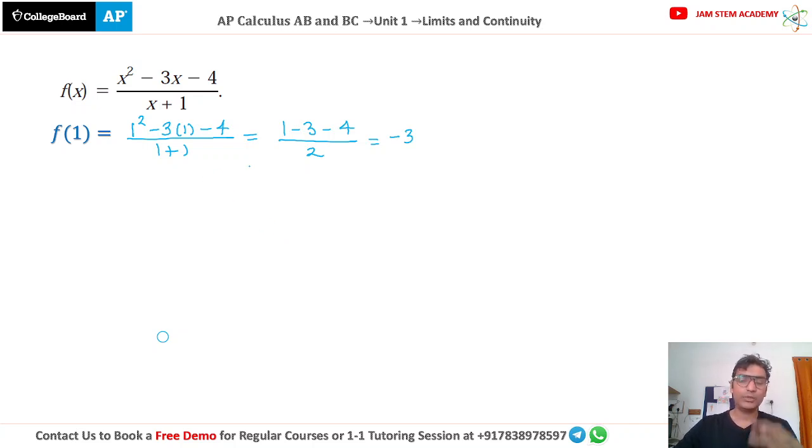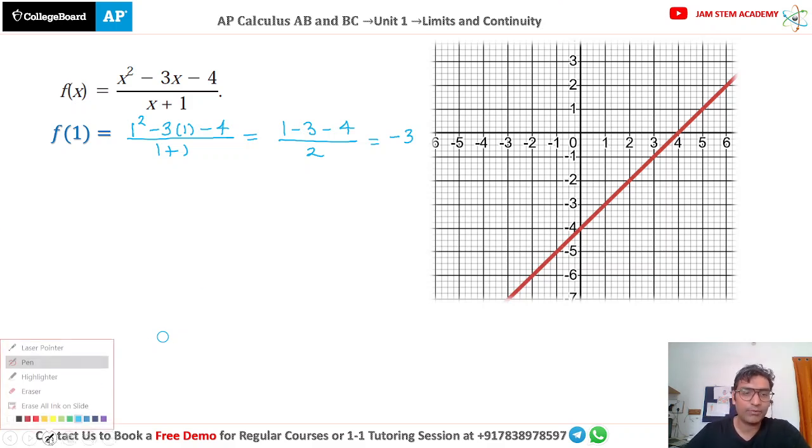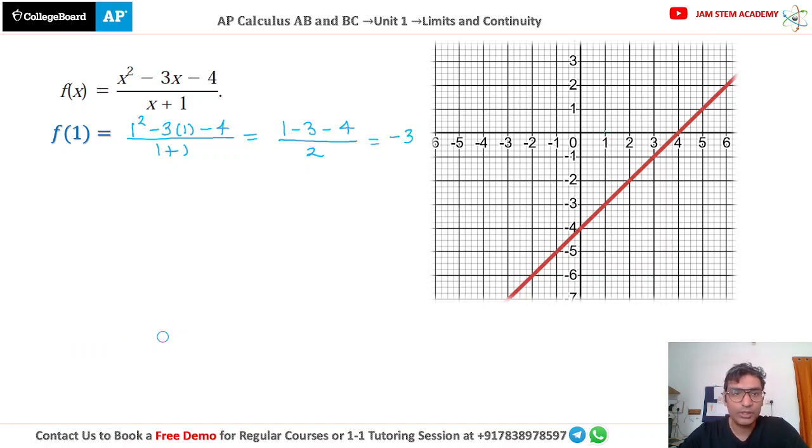But can we do it using our graphic display calculator also? Yes, we can. We can simply draw the graph. From here also we can verify our answer. I'm using x equals 1, right? And I got that y equals negative 3. Yes, it is obvious. So, look into the graph, please. From the graph, if you go to x equals 1, you will reach this point, and you get this point as your answer. So yes, we can do it by this analytic method,